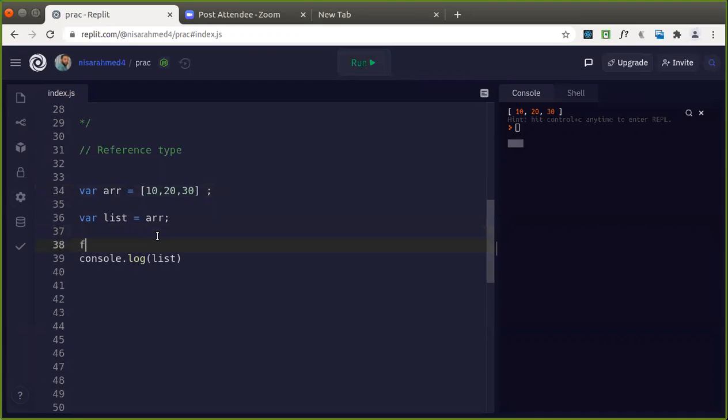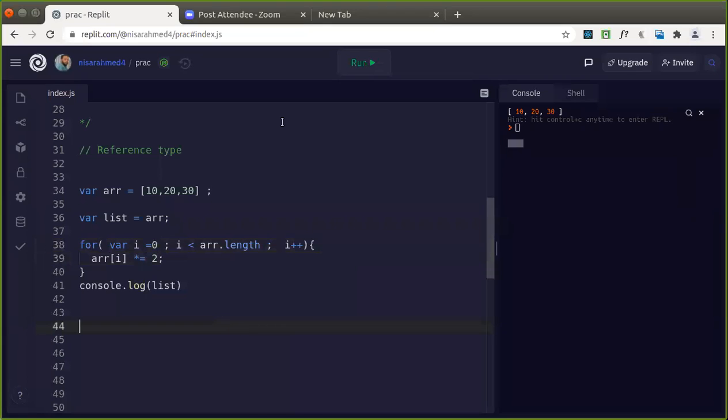Good. Now suppose I use an array and perform some operation, for i equals 0; i less than array.length; i++, let's double these values, array[i] = array[i] * 2.